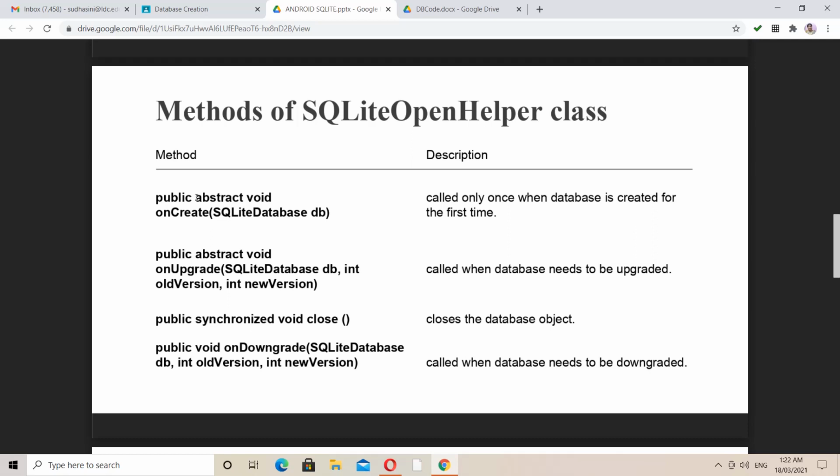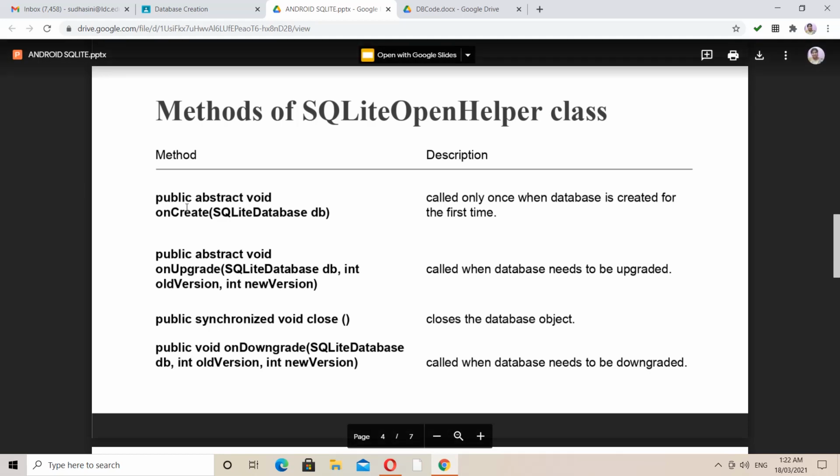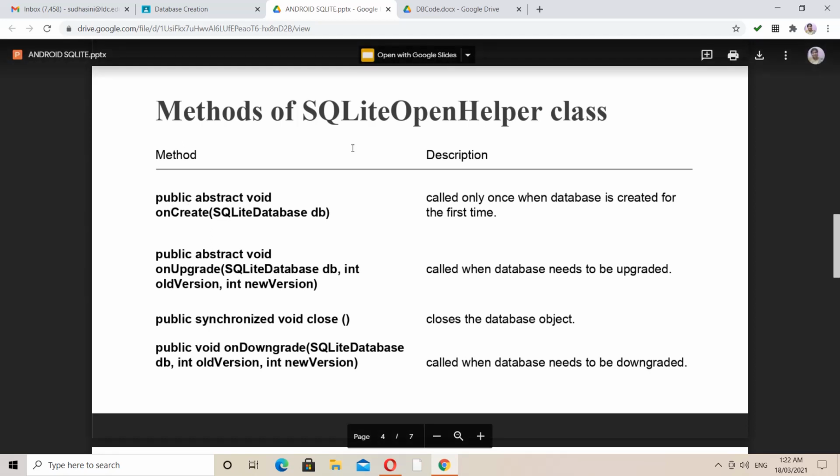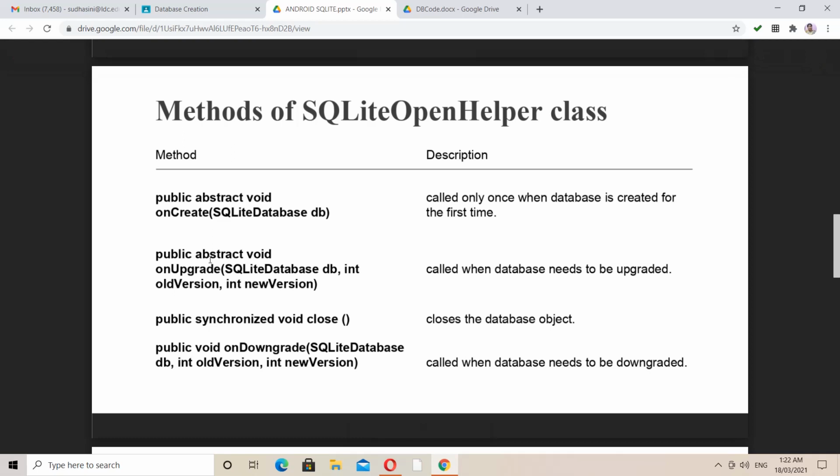Within a database we can create a table, and within your table we can insert any number of rows. So this onCreate will activate only once, at the very first time, using this SQLiteOpenHelper. And in the same way, which we already know, onUpgrade. To upgrade from older versions to newer versions, we can make use of it.